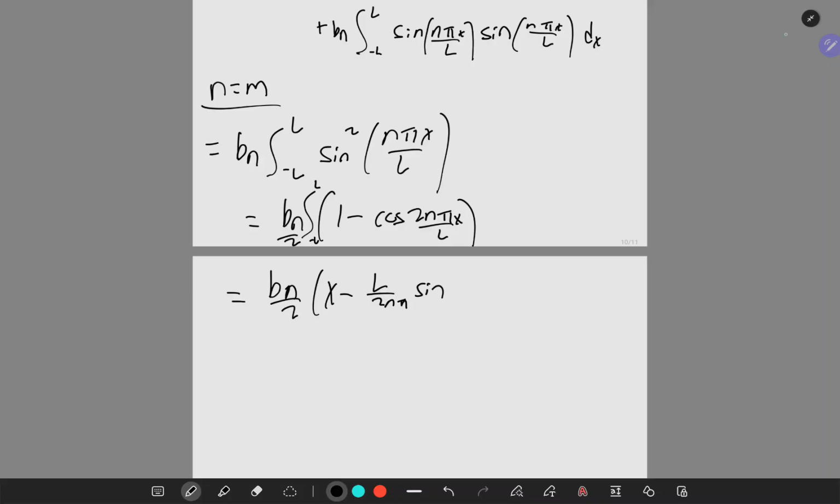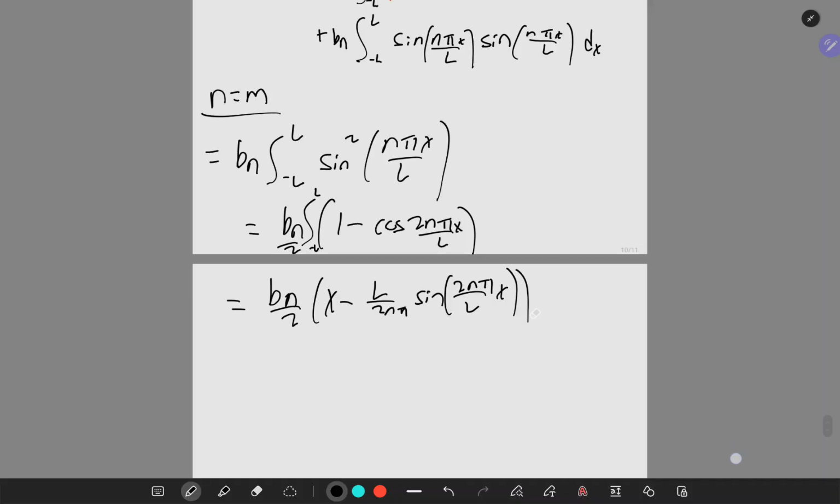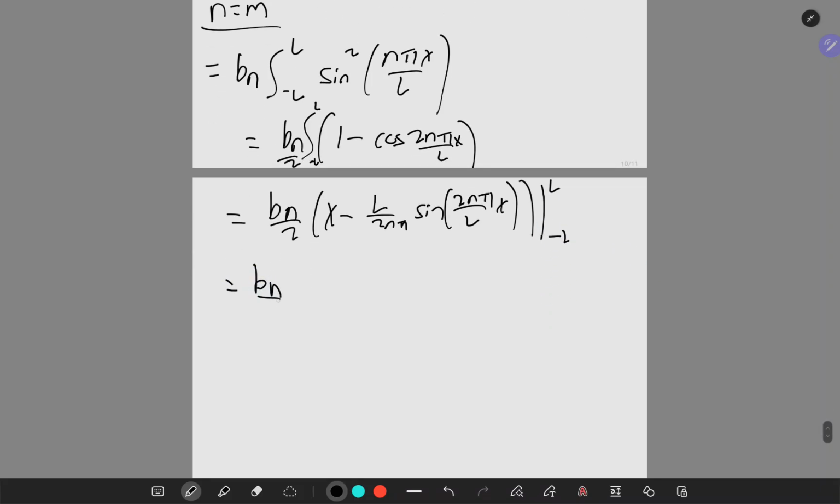yep, sine of 2n pi over L times x. Okay, so we have our bounds. I had a little brain fart there. Negative L to L. We have our bounds. This is bn over 2 times L minus L over 2n pi sine of 2n pi L over L, which is just 2n pi,